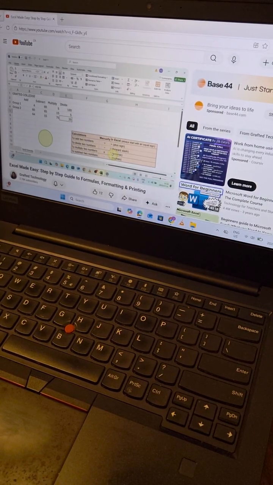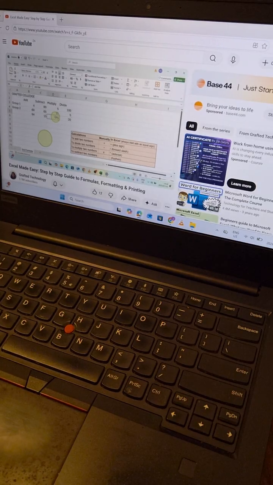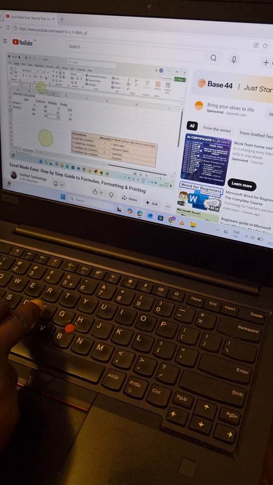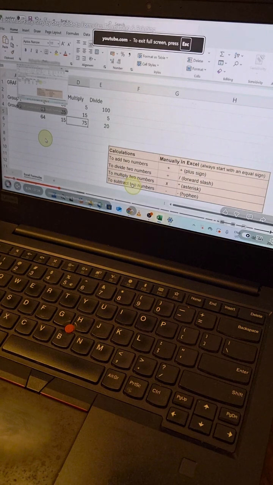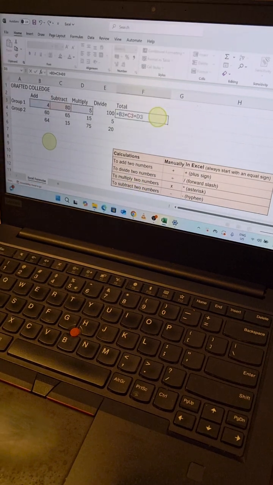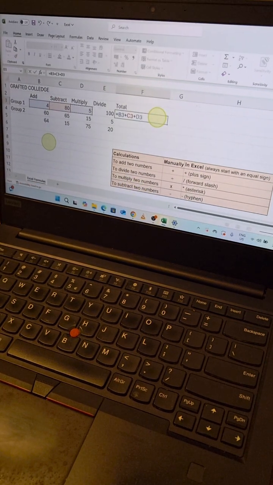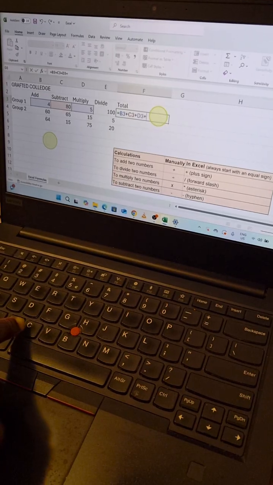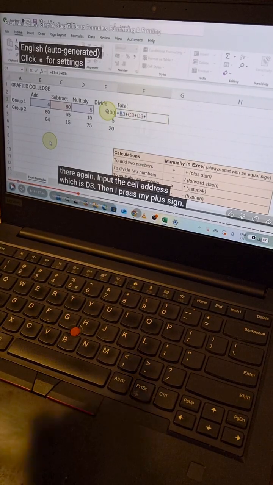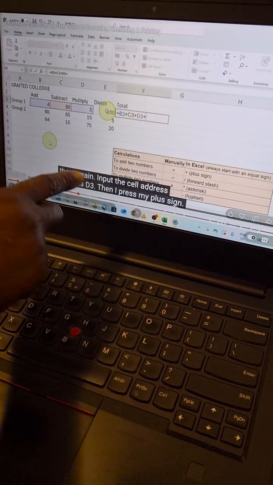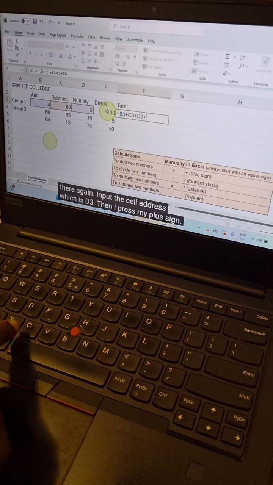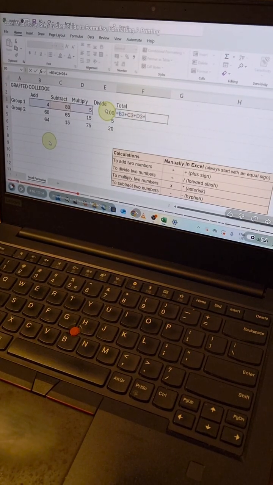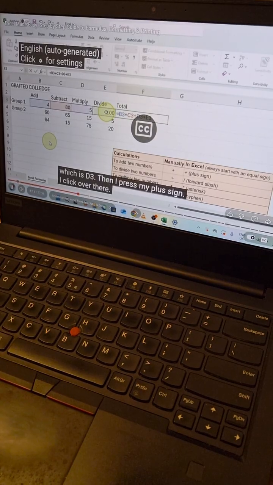To get full screen, you press key F. Full screen, key F. Key C, toggle captions, C. It goes off. Captions,